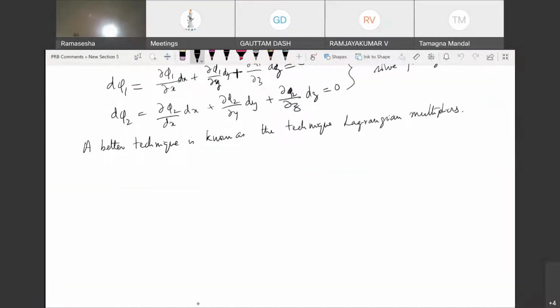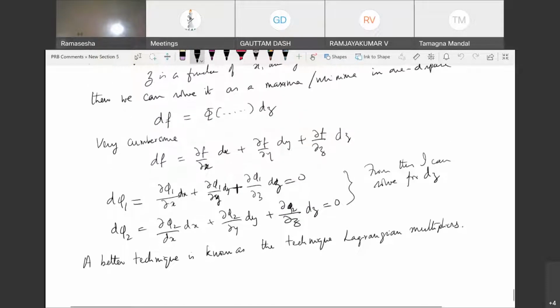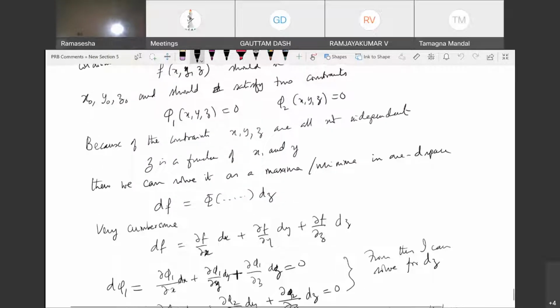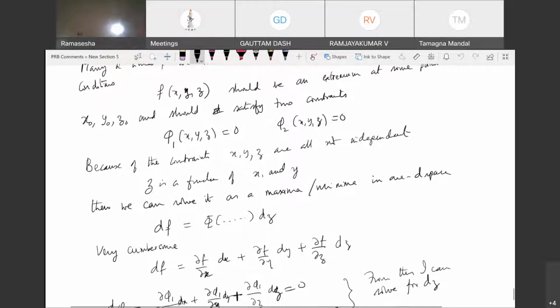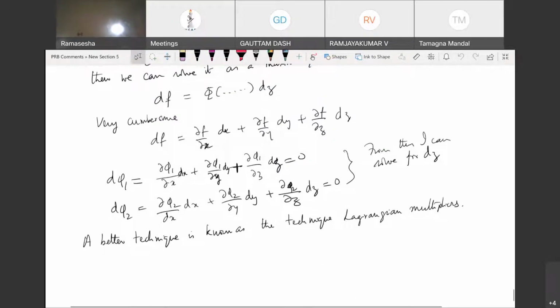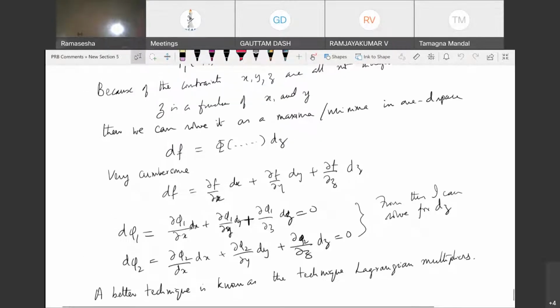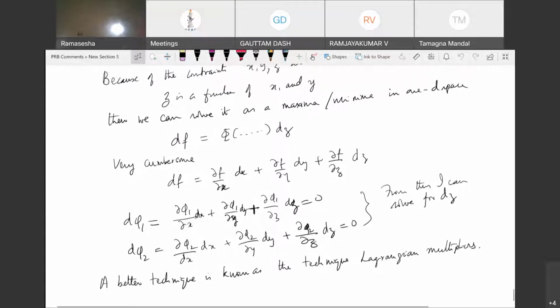Yes, sir. Okay. So last time we were discussing extremizing functions involving constraints. So we have the function f, and we were to minimize or extremize f of x, y, z, subject to p1 x, y, z equal to 0 and p2 x, y, z equal to 0. One of the examples, and I said that there's a way of doing it where you can perhaps